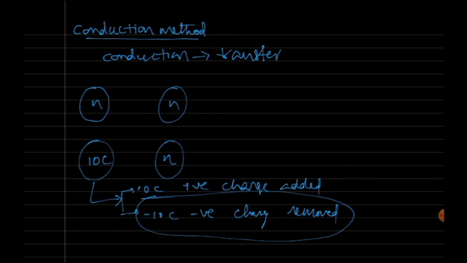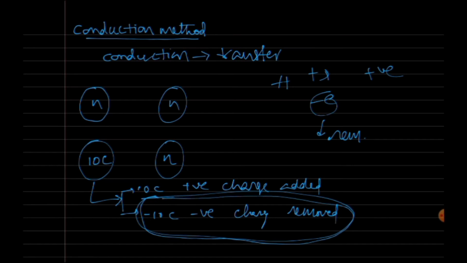Let's say an object, let's say hydrogen is there. In hydrogen there will be a positive charge and a negative charge, one proton, one electron. Let's say I have removed this electron. Once the electron is removed, the atom attains positive charge. So on removal of electrons, negative charges, the object would gain positive charge. That is why I have said negative charge is removed in order to give the positive charge.